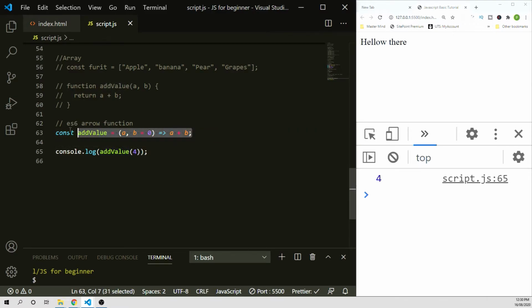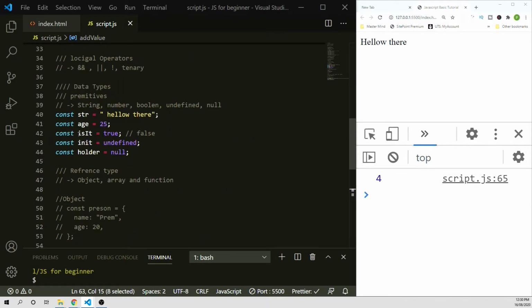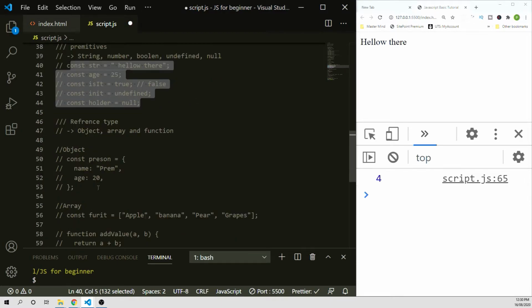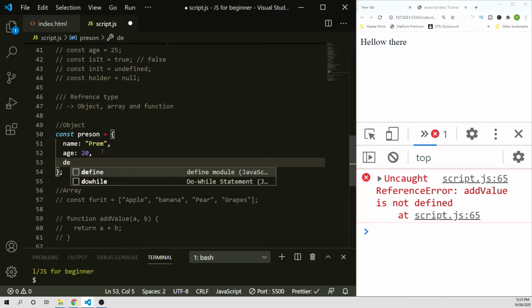So we are not going into too much detail about that now, but just to know, to try to understand how you can use the arrow function instead of a regular function. The method is almost the same as a function. I want to show you how you can write a method. So in our case of the person object, where is it? Let me comment this out. Where is our person object? Here. So what we can do here is create a method called details